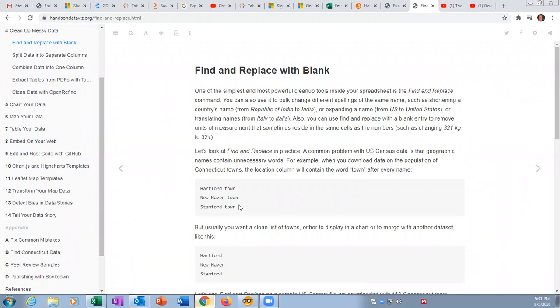Hey guys, today I just wanted to go over a little bit about the two textbooks that we are working with in class and talk a little bit about two chapters that I found interesting. The first textbook I'm going to go over is the Fundamentals of Data Visualization, and that is